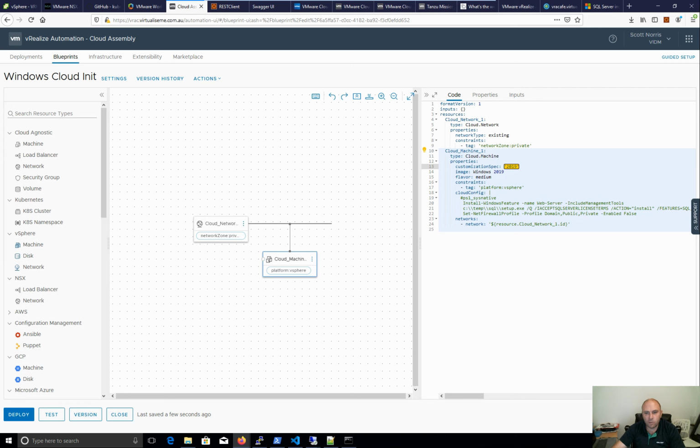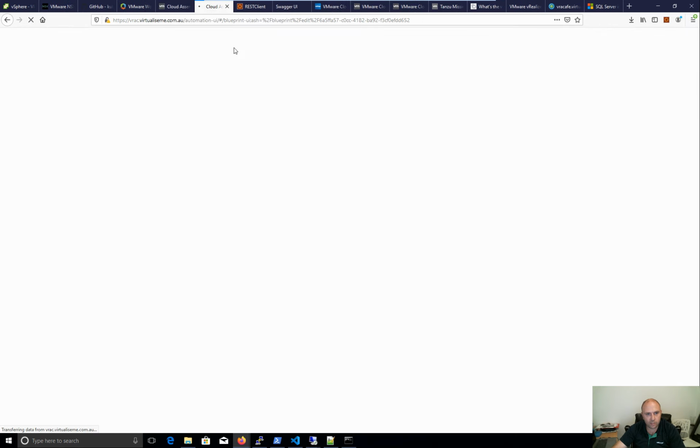I then got my normal, my flavor, and Windows 2019 there. I've got my constraints, so I'm going to vSphere because the comments that I got was specifically for vSphere. And then we do our cloud config. Now, to make cloudbase-init work, you'll probably see a bit of a difference. So if we actually, I'll duplicate this tab here,